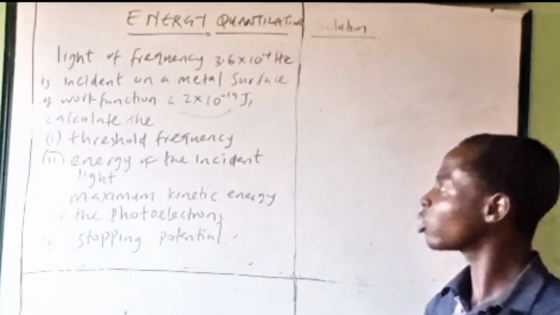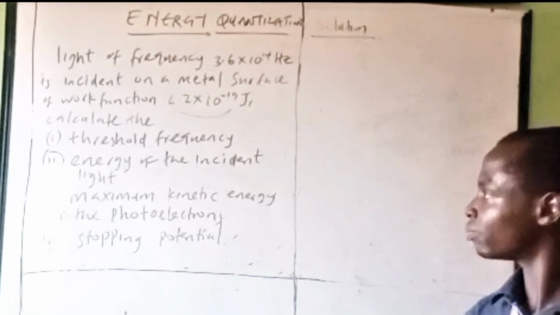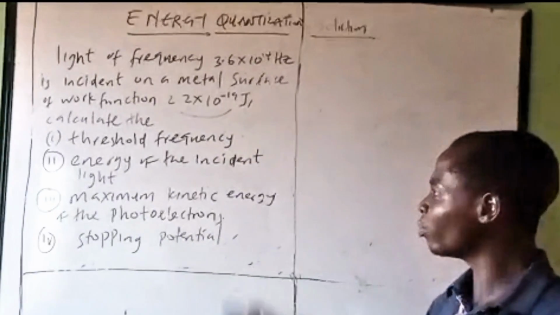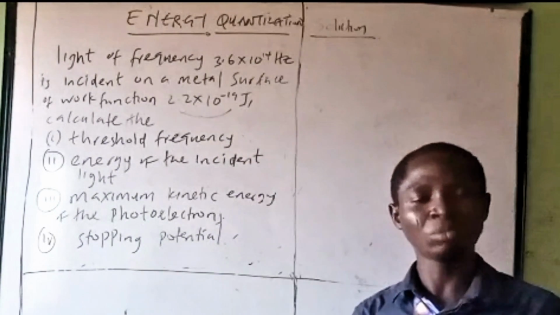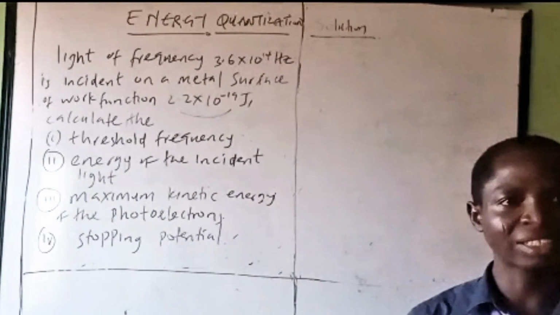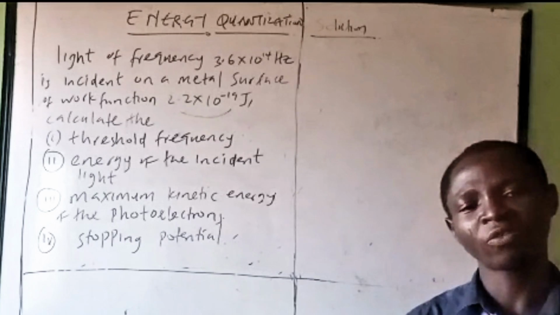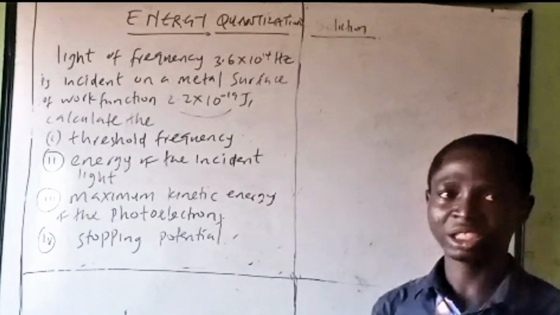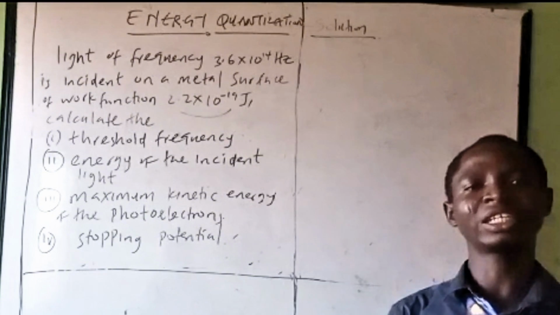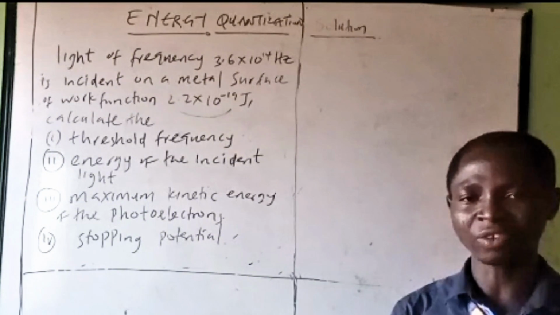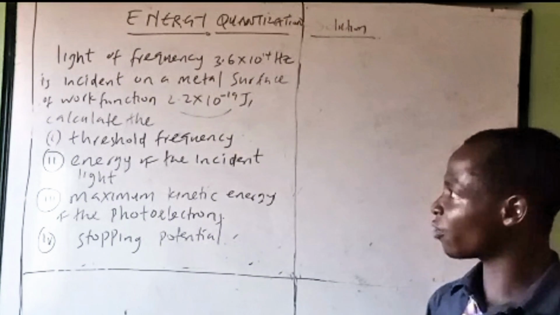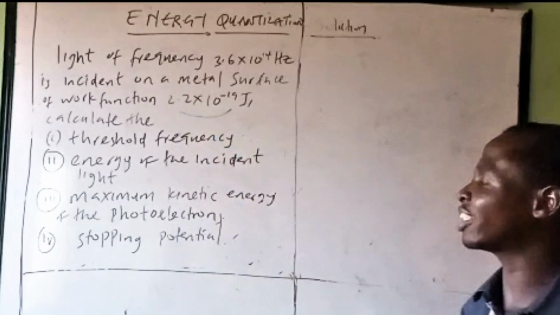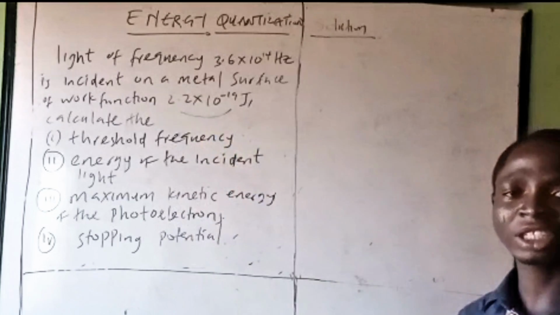But what are the terms that we need to know here? That is the threshold frequency and likewise the stopping potential. What do you mean by threshold frequency? It is referred to as the minimum frequency of an incident light needed to remove an electron from a metal surface. So what do you understand by stopping potential? It is referred to as the maximum energy needed to free an electron from the electrostatic force of the surface. Having known the definition of these two terms, let's now calculate. Let's find the threshold